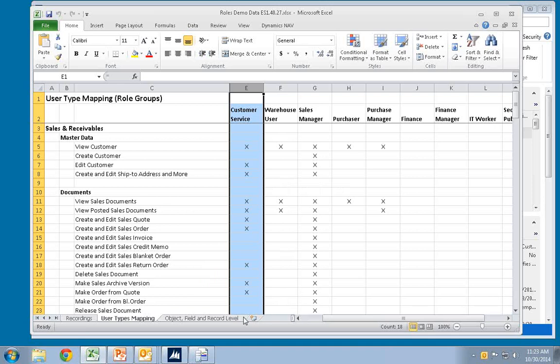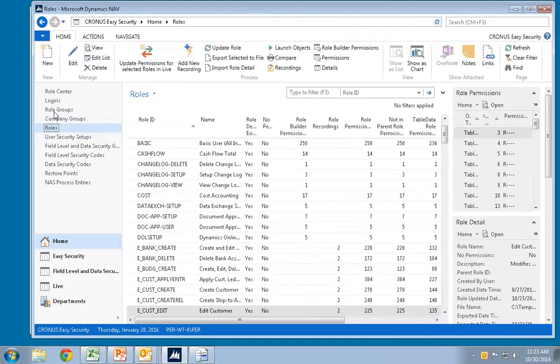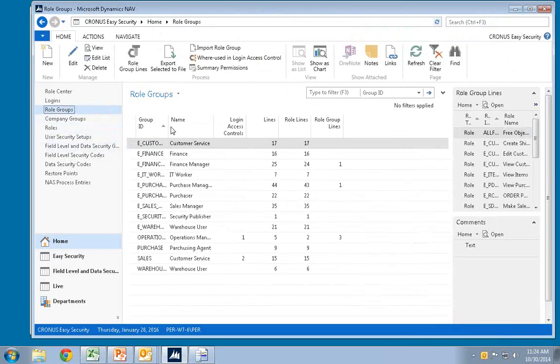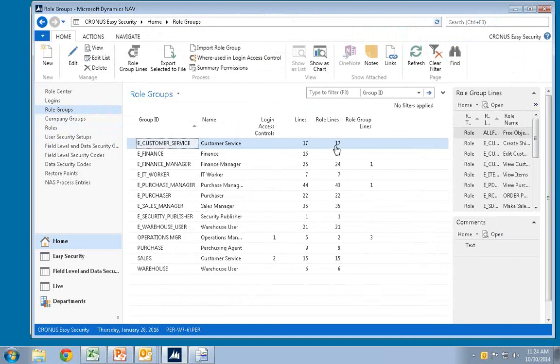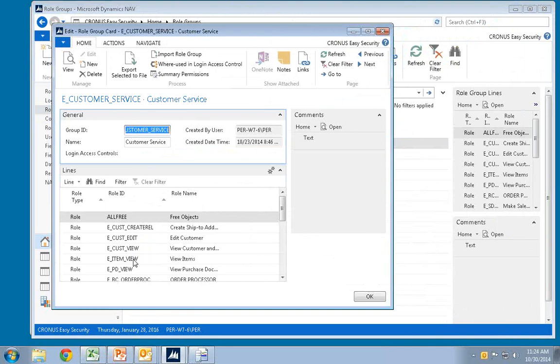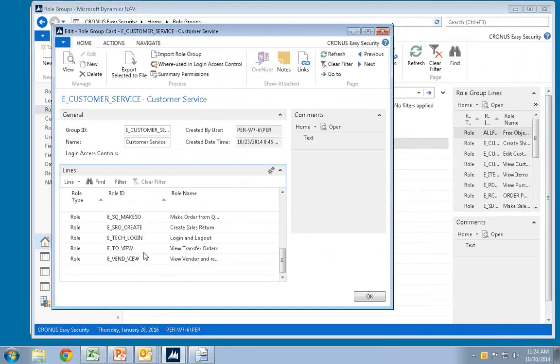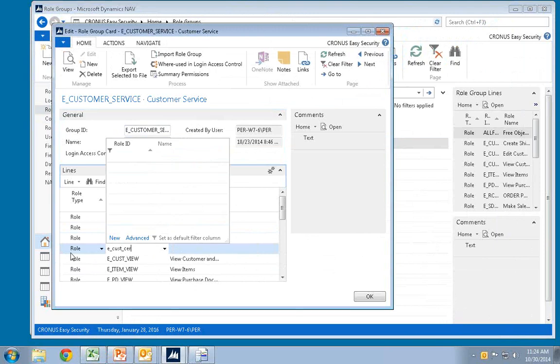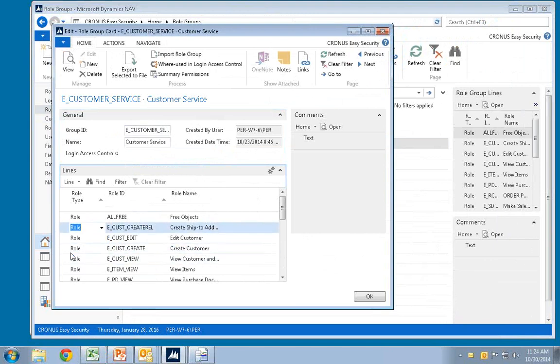And each of these columns in EC Security would actually be a role group in here. So if I look at it here, I have one called e-customer service, and it's basically all the small tasks that this user is needed to be doing in here. And if somebody later on decide, oh, this one, they actually need to be creating windows also in here, I'll go in and say, okay, e-customer create in here. I will allow them to do that also in here, and all I will have to do is change the role group in here.